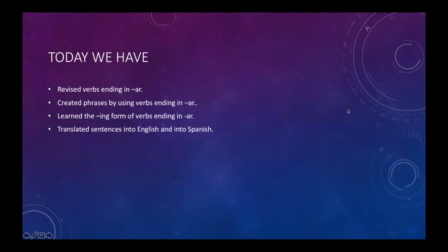Very well done. Today we have revised verbs ending in AR. We created phrases by using verbs ending in AR, and we learned the ing form of verbs ending in AR. We also translated sentences into English and into Spanish. I hope you have revised lots of things today